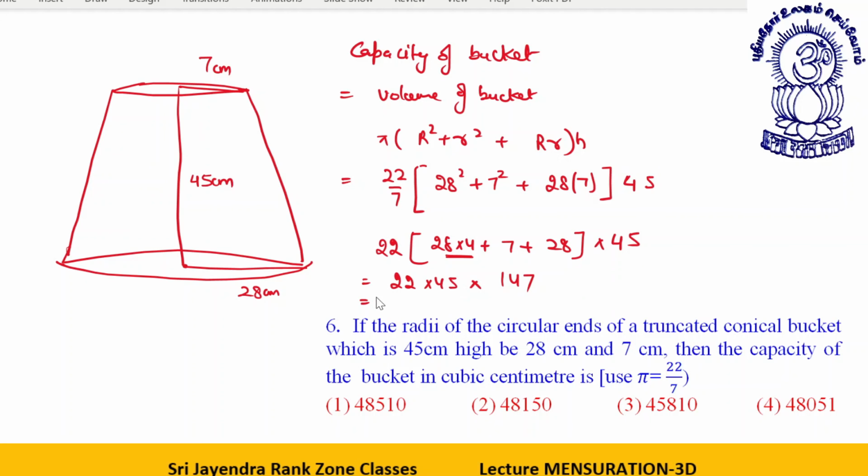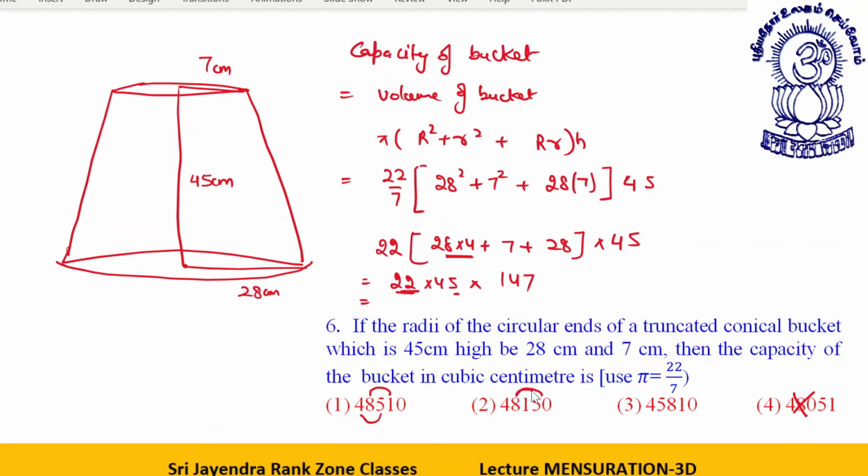Now it's entirely up to you whether you can multiply it or you can just think of a basic thing. This is 2, this is 5. Answer will terminate with a 0. 2 into 5 will be 0. Secondly, this is 11. 11 into 2. This result will be divisible by 11. Let's see which options are divisible by 11. If the sum of these two digits is equal to sum of these two digits, yes. 1859, correct. This is possible.